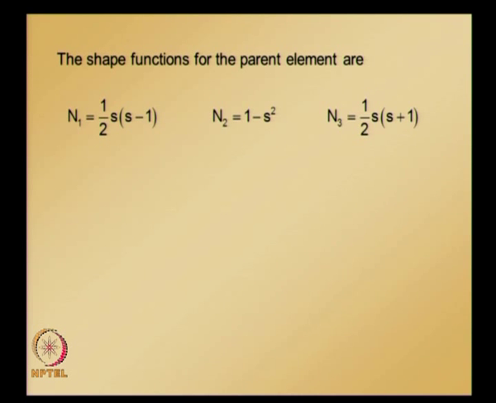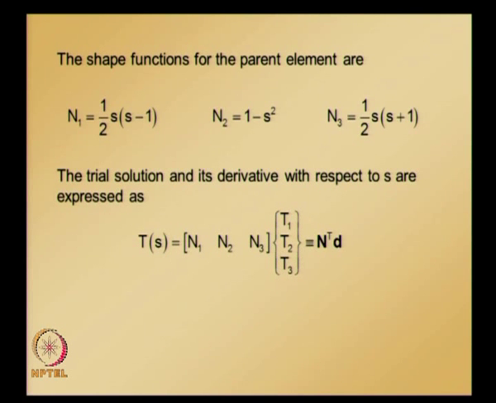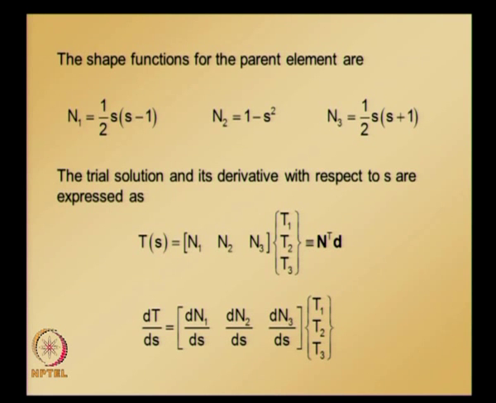So, the trial solution and its derivative with respect to s can be written in this manner, where n1, n2, n3 are put in a matrix, and t1, t2, t3 are put in a vector, and compactly this can be written as N transpose D, where D consists of all the nodal parameters. And now the derivative of the field variable T with respect to s is given by this one,